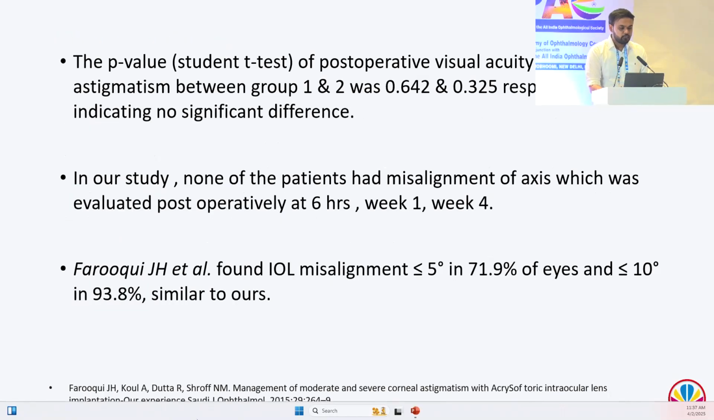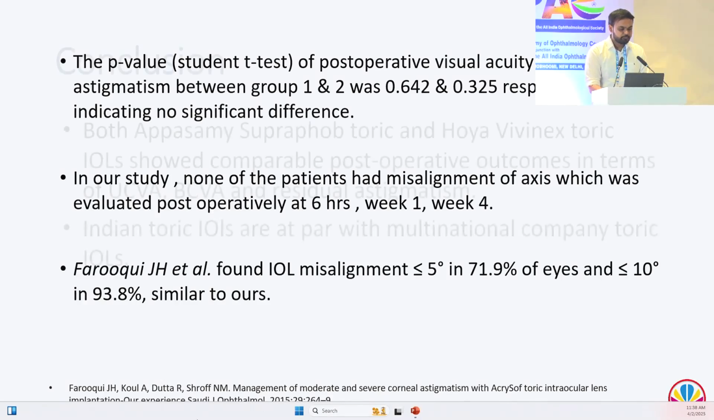The p-value of the postoperative visual acuity and astigmatism between group 1 and group 2 was 0.642 and 0.325, indicating no significant difference. In our study, none of the patients had misalignment of the axis, which was evaluated postoperatively at 6 hours, week 1 and week 4. Faruqi J.H. et al. found misalignment less than 5 degree in 71.9% of eyes and less than 10 degree in 93.8%,